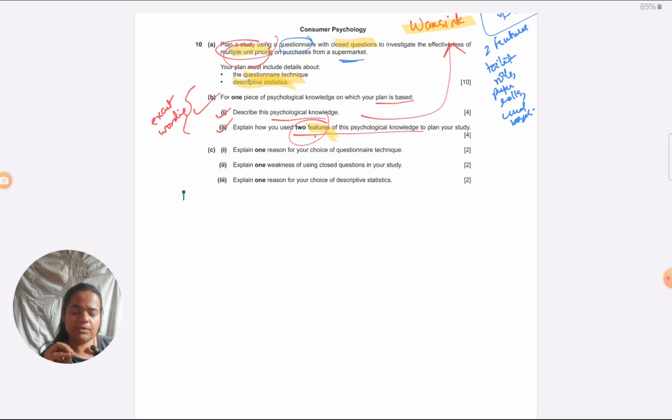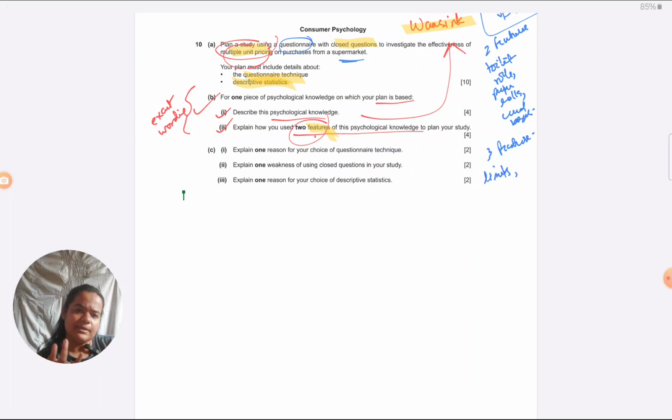Another feature is coming to my mind, so let me incorporate that also. I'm required to do 2, but just because I'm demonstrating to you how to go about it, let me take one more feature. You could take any 2 in your study. Another feature that I remember in Vansing et al., though it was not specific to the first field experiment, is that in other experiments which Vansing did, he also manipulated the quantity limits of how many items consumers were allowed to purchase at a time. So limits were manipulated.